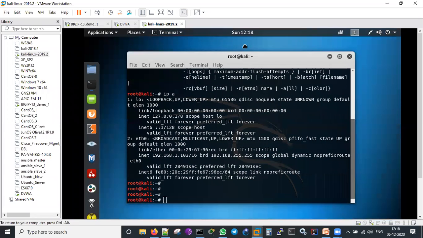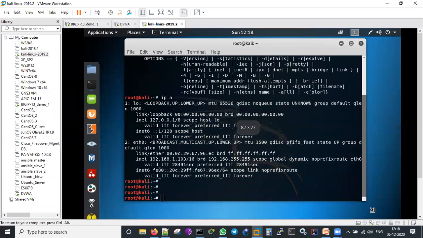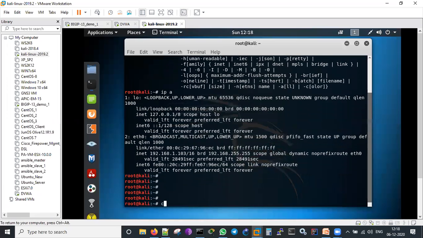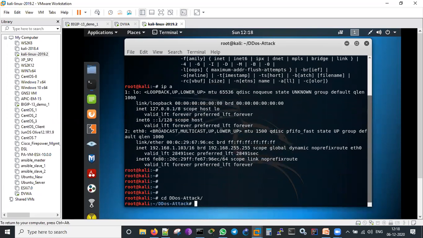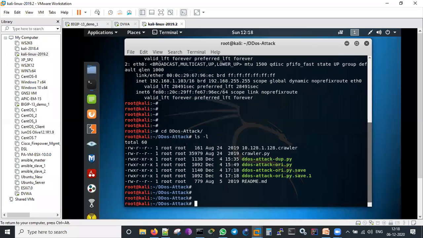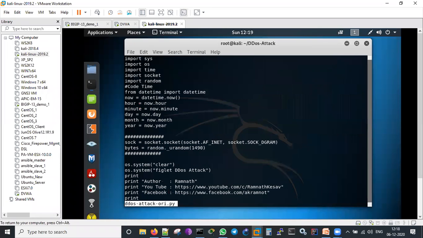I guess you can see my things on this. So this is the directory which I made, DDoS attacks. So these are all the Python things which I have written on this Python script. This script will be attacking the application. Let me show you that script. Originate.py. It's like this. So import OS. You need to know the scripting on this too before going for any attack or something.